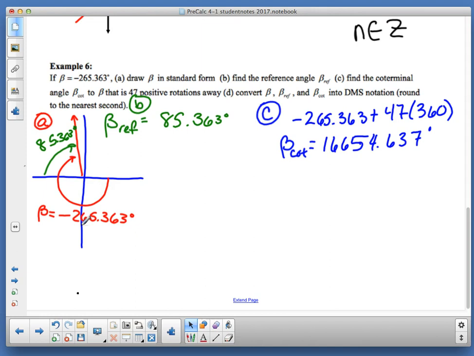And I want you to do it by hand, not using your calculator, okay? As a reminder on how to. And some people are like, what? So let's review. I'll do this one first. And D, so if I go, well, I'll do them in order. No, I'll do them in reverse order. That'll be fun. So I got beta coterminal, okay? So if I got beta coterminal, this is